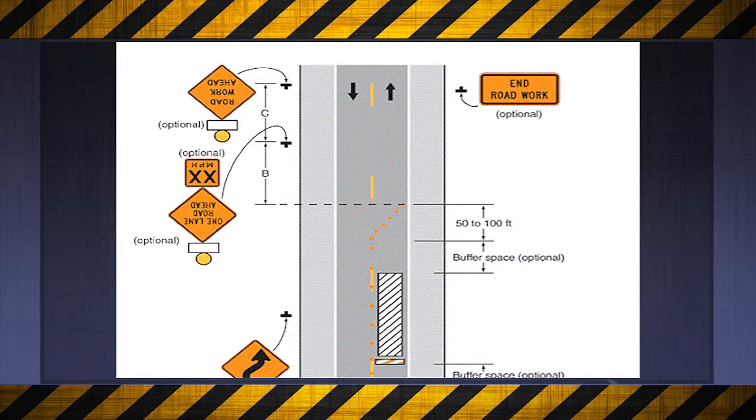In this image, you can see, whited out in the black and white striped area, the work zone. This is the area where your trucks would be loading debris, and where your flaggers, all those folks that are monitoring the work, would stand. As you leave the work zone, you will see another buffer space, and then another 50 to 100 feet for your cones, tapering off as you enter back into the two-lane traffic. This image is just one example of the MUTCD traffic control lane closures that can be used and referenced during